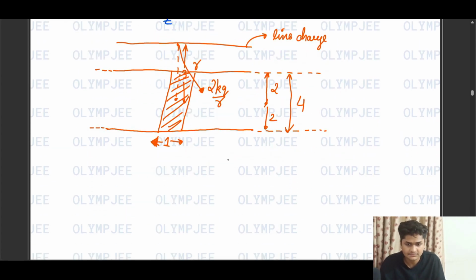So we can write flux as dE multiplied by dA. So this will be given as 2k, if this point is distance x from the center. So this will be given as 2k lambda by